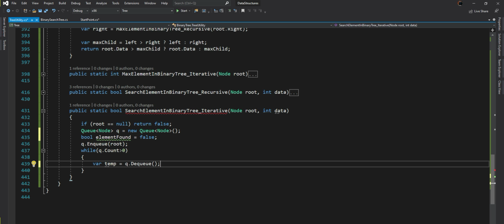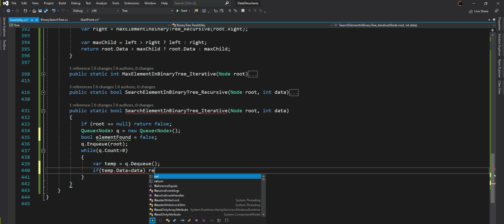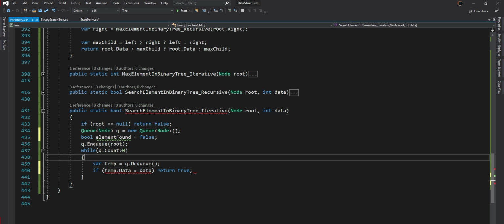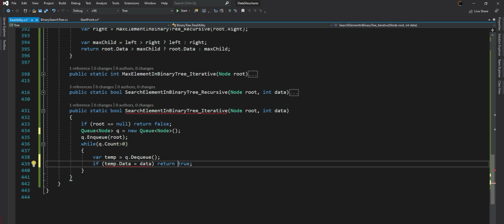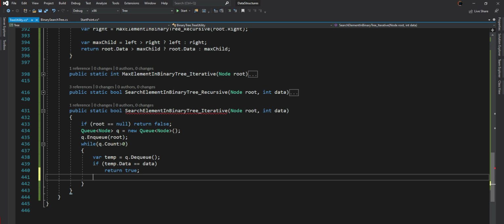I'm dequeuing the elements in the queue one by one, and I'm checking if the element which I just popped, its data matches the data element which I'm looking for. Then we can just return true here. I don't even need this variable here. We can just return true. So this will break our loop, and the function will be over, as soon as we find the node whose data matches the data which we are looking for. Else what we need to do is, we just need to enqueue its left